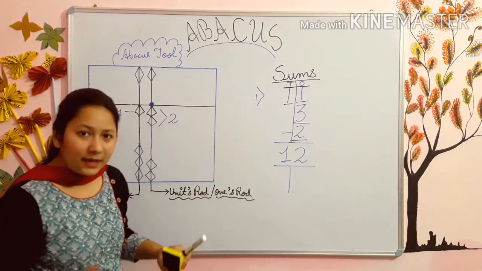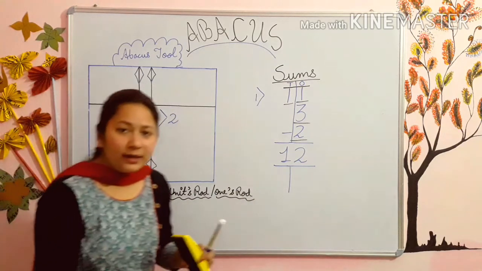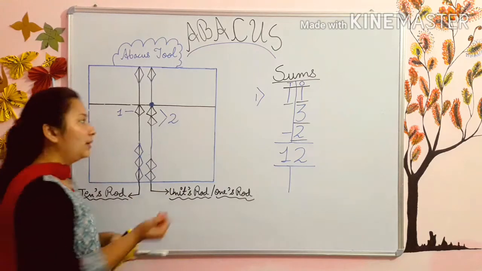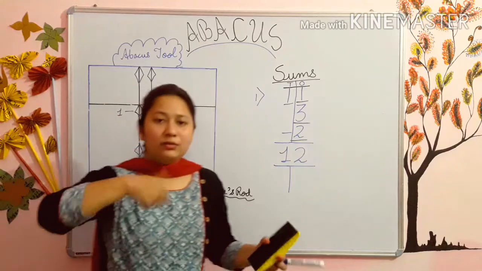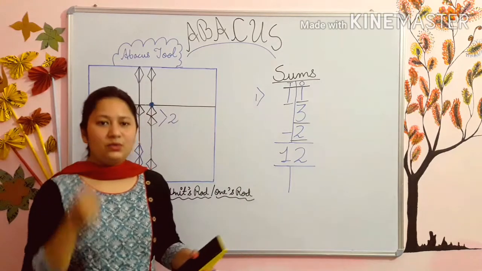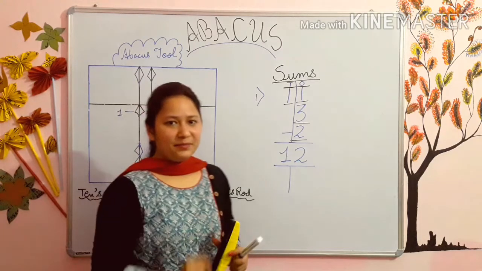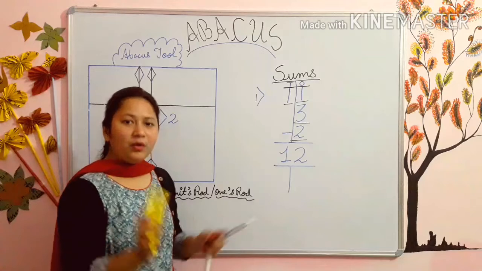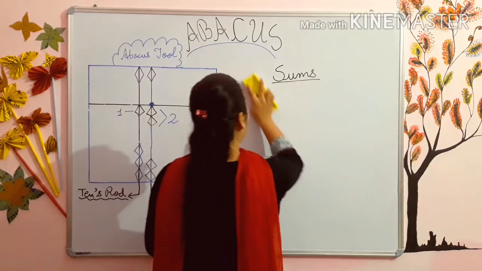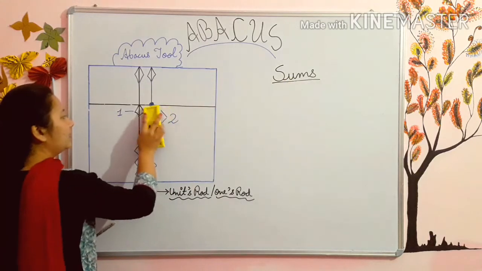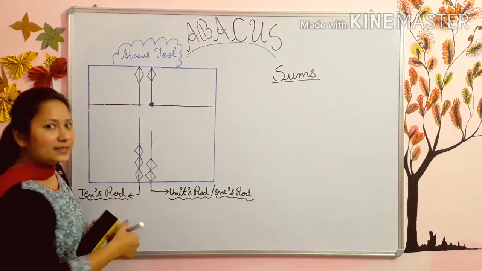Kids, it is taking time because I am explaining to you and I am doing it on the board and rubbing it again and again. It is time taking because I am doing it in the tool and rubbing. If you do it directly in the tool, it will take some seconds. You can do your sums in some seconds. So just practice the sums, kids. Now we will move to our next sum. And kids, set your abacus. Set means upper beads up and lower beads down.